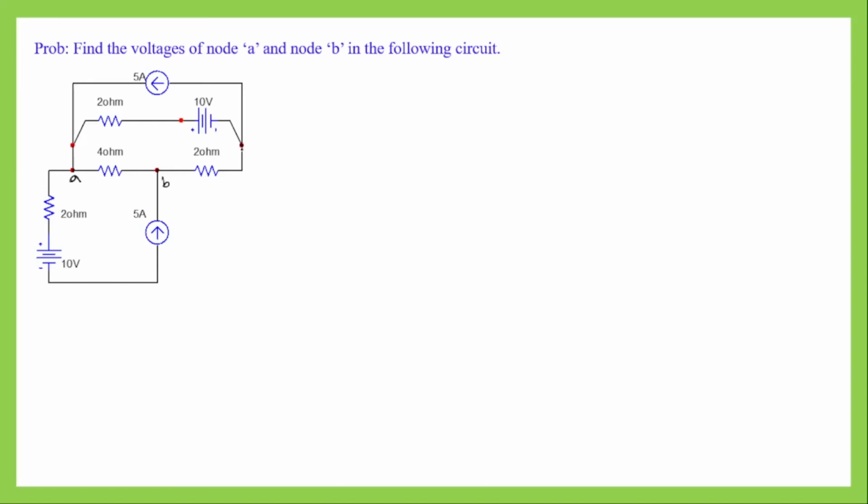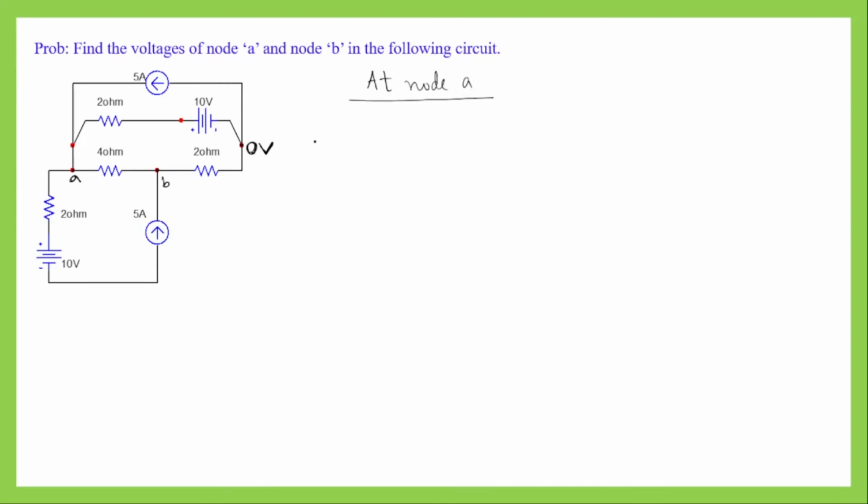Now we have already identified our principal nodes, and we have to connect one of the nodes to the ground. Since we want to find the potentials of these two nodes, we will connect the third node to the ground. As we make this node our reference node, the potential of this node will be 0 volt. Next we will apply the concept of KCL at node A and node B. Now when we apply KCL at node A,